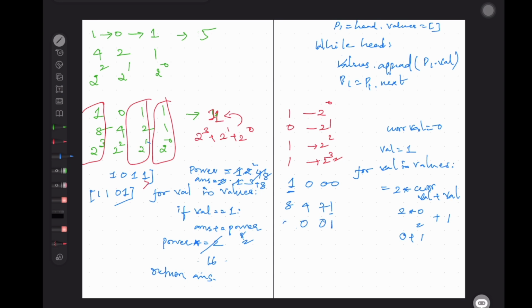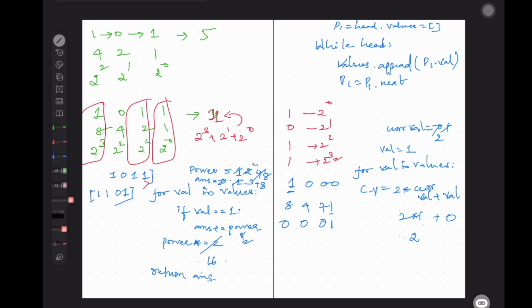All this was 0. Next, when this second bit comes, now the current value is 1. So current value would have got updated to 1, right? 2 star 1 plus 0, because this bit wasn't set. Okay, so 2 star 1 is 2, current value updated to 2.